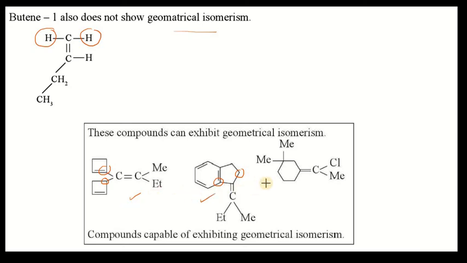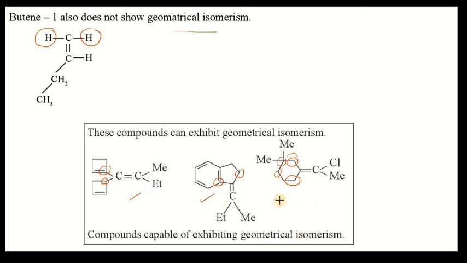Here, see, a double bonded carbon, but here a single bonded carbon. It is possible. Likewise, if you observe here, in this case chlorine and methyl groups are different. In this case here carbon, in this case it's a different atom. Here different atoms. That means, to this, which group is attached? To this, which group is attached? That means the group attached to this one also makes the difference. Okay, so these are compounds capable of exhibiting geometrical isomerism.